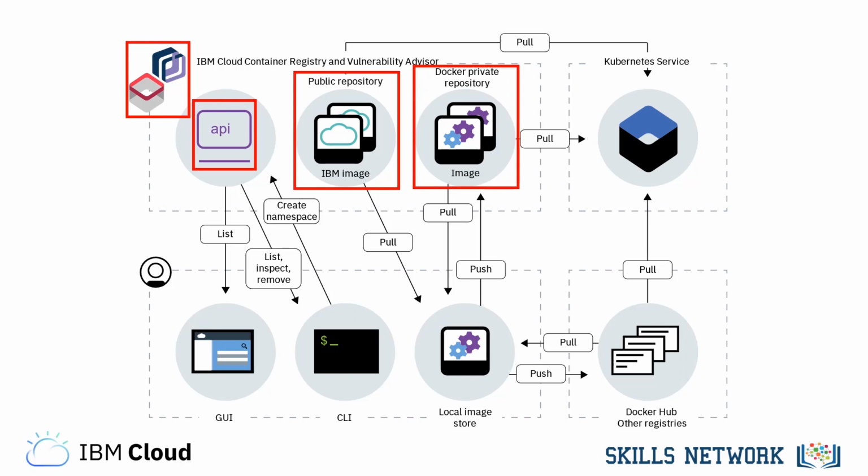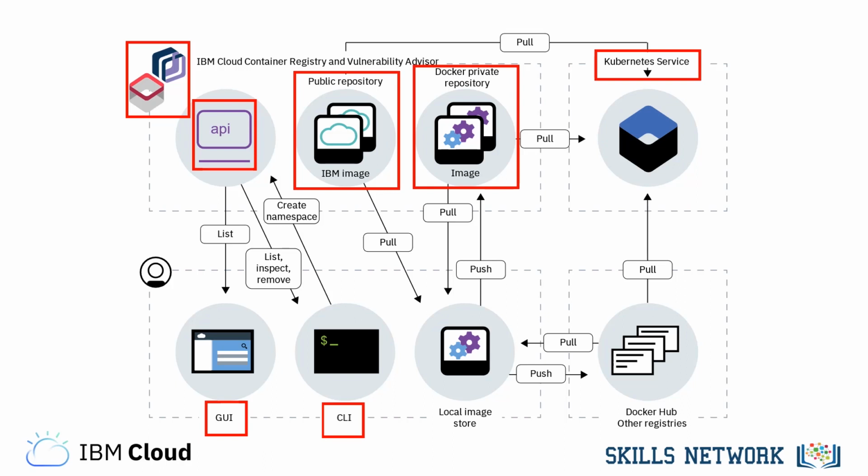The bottom left shows that users can interact with the registry through a command line or graphical user interface. Finally, at the far right is IBM Cloud Kubernetes Service, which provides authentication to IBM Cloud Container Registry out of the box, making it easy to deploy images from the registry as containers on the Kubernetes service. These are just a few examples, but they show that container registries are much more capable and powerful than a mere storage service. The functionality built on top of container registries boosts their appeal and helps developers work more securely